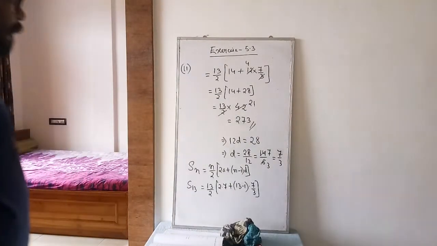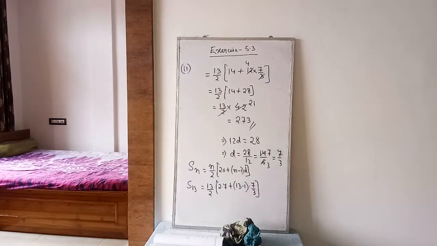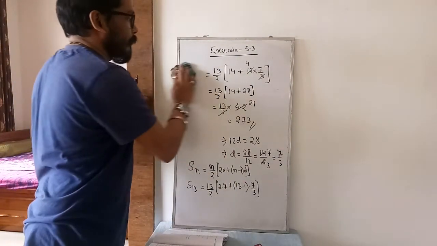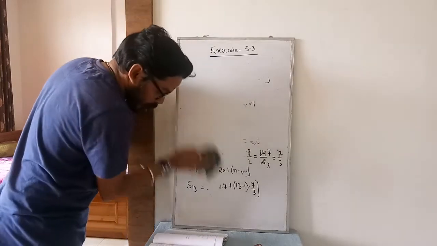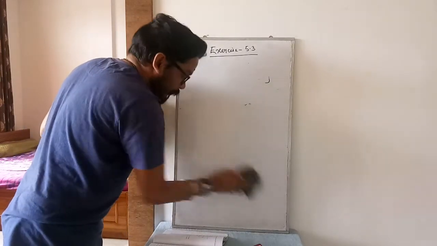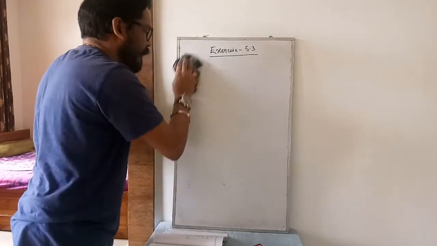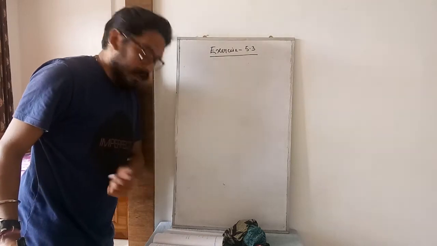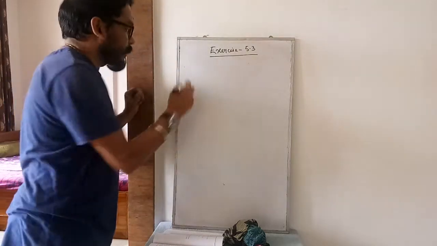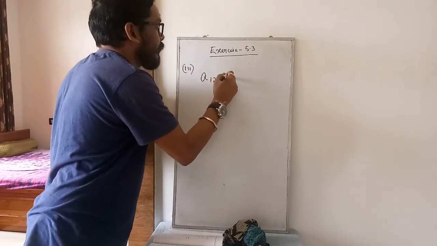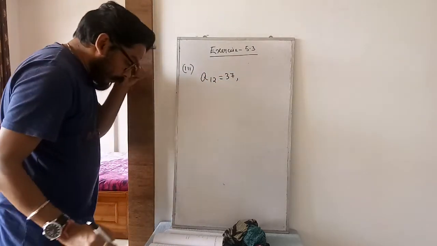Take the screenshot. Okay, taken. Next, Roman number 3. So when you go for Roman number 3, let me see what they say. a12 is given and d is given. You have to find out a and S12. Same way, in the previous case d was not given, and here a is not given. So for Roman number 3, a12 is given as 37 and your d value is given here as 3.